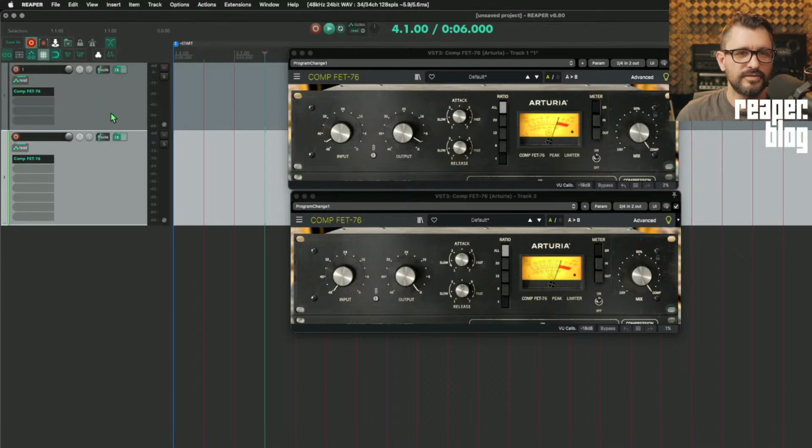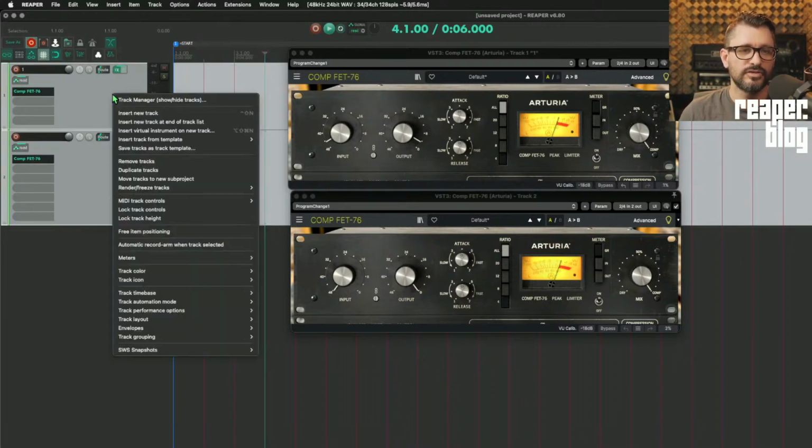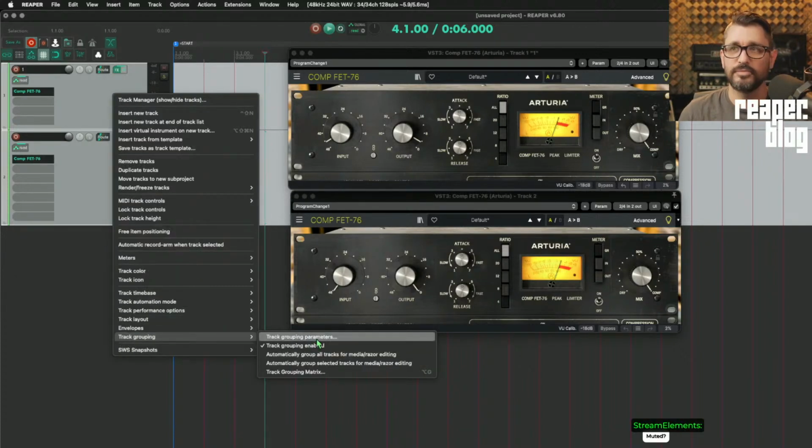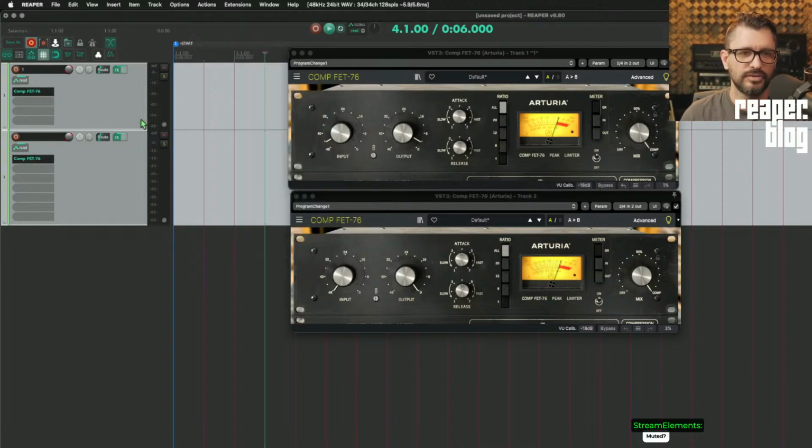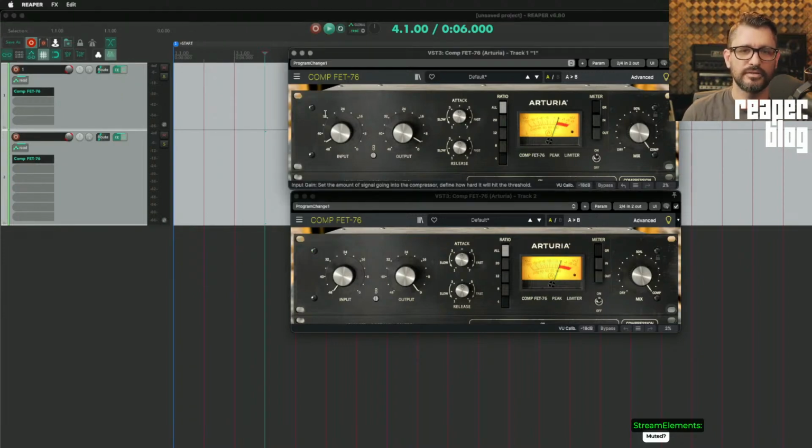So how do we group these together? By default, it's going to be the VCA group function. So we can right click, track grouping parameters, and then we've got a group here. So we can set this to VCA lead and VCA follow. That should work just like that. So run this script, which is just tapping that button in there. And now when I adjust one of these parameters, it should